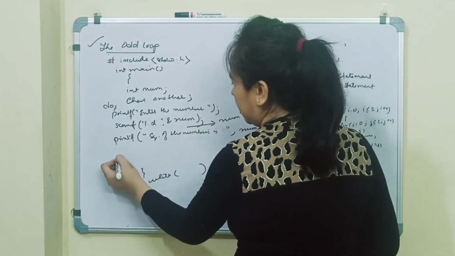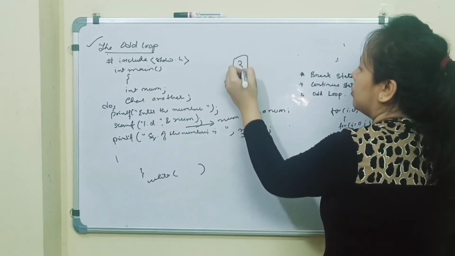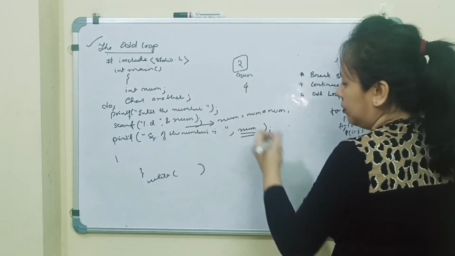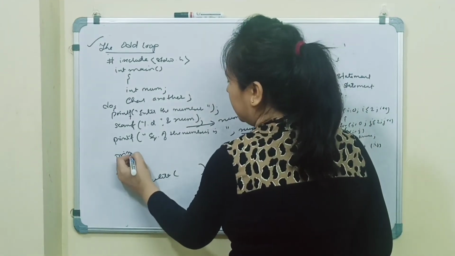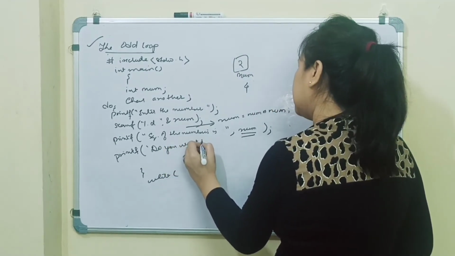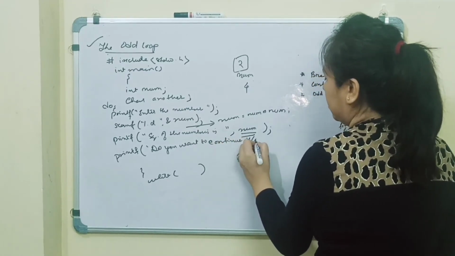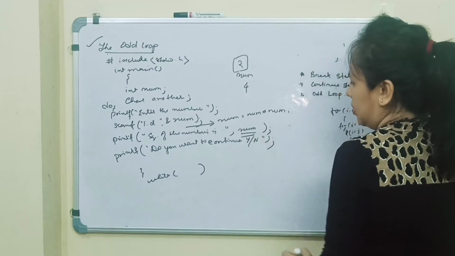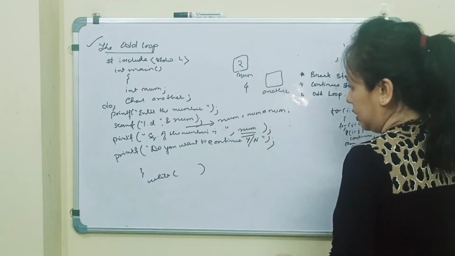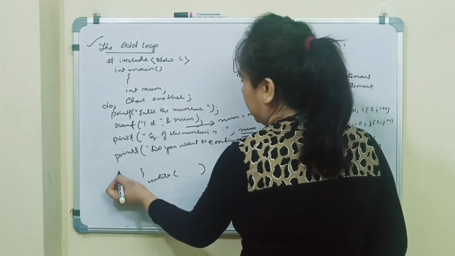Now how many times will we do this? We will ask the user. For the first time, if the user has entered the value of num as 2, we are printing the value in the output screen as 4. Now again we will ask the user, do you want to continue, yes or no? So we will take another variable here, where we will store yes or no. The user can enter yes or no.